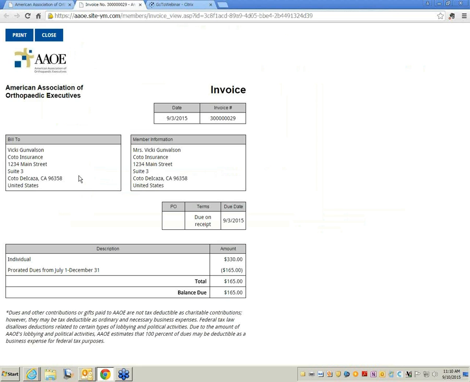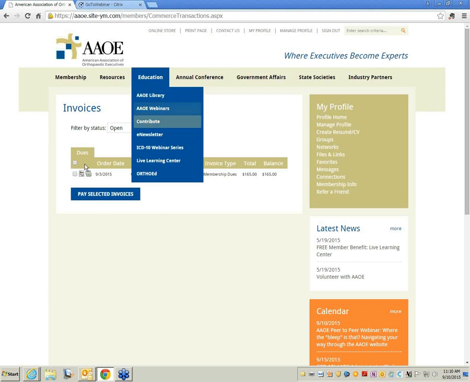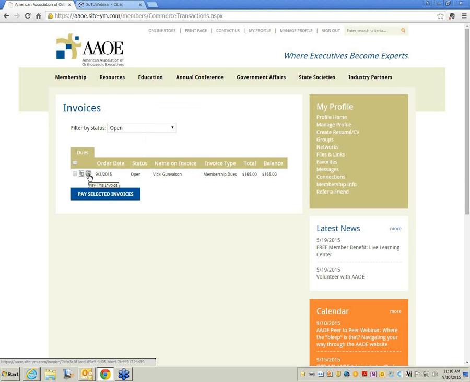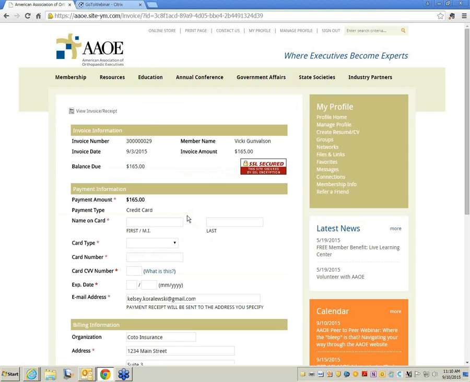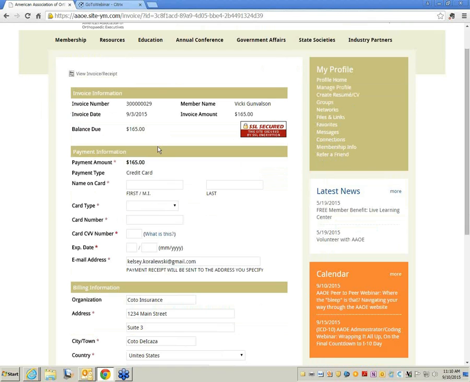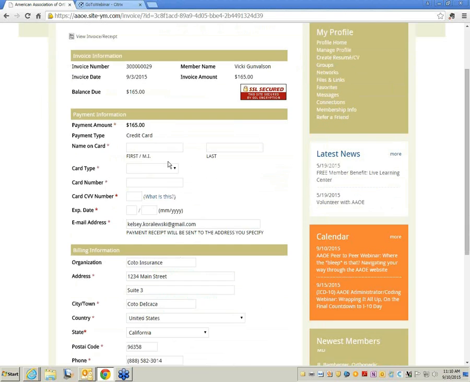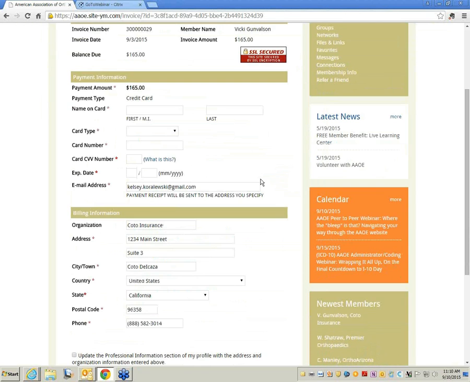So as I click on this, it's going to bring up another page that actually tells me all about my invoice, what my dues are from July 1st to December 31st. They're prorated, $165 total. So I can print that out if I want to, or I can just close it. I can also go in and I can pay this invoice. So setting up and paying the invoice, which we can do here, it already has the payment information there. It's ready, and it's a secure site for you to go ahead and enter all of your credit card information,